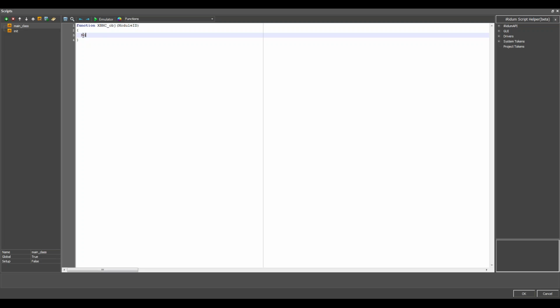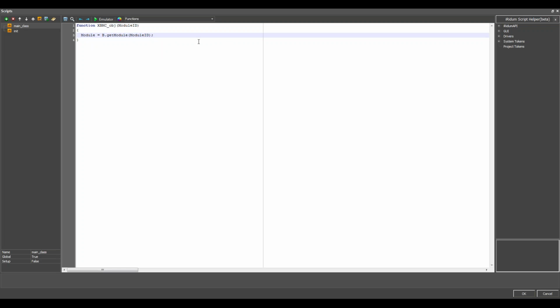So let's create a module variable and use the new API, b dot get module, and that function has one input parameter. It is a module ID. So in that variable now we can find all our properties, device, and other things.